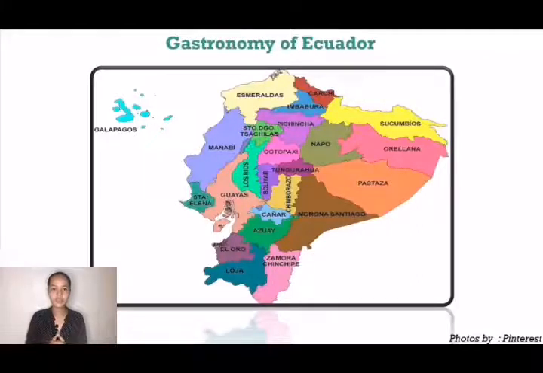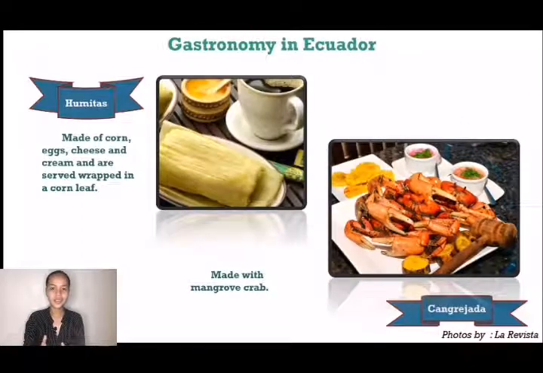So, let's start with gastronomy that is common in Ecuador. Humitas. Humitas are renowned as Ecuadorian comfort food. They are typically made during the colder months and are similar to Mexican tamales.